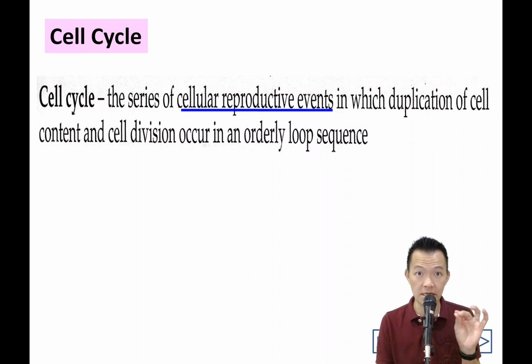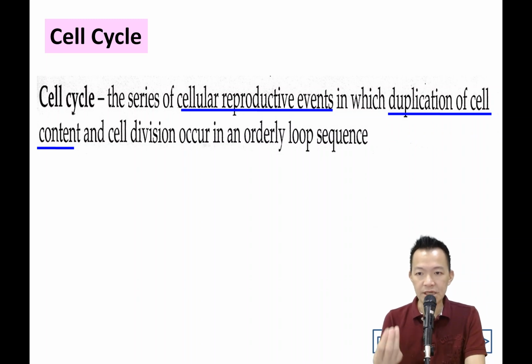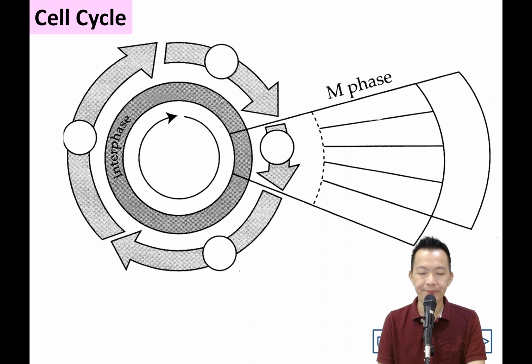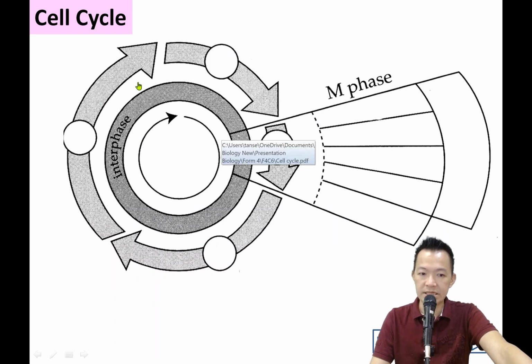它复制它身体里面的东西。And after finishing the duplication of the cell contents, the cell divides from one cell become two. And finally, they're having the cell division. 它就进行细胞分解。So cell cycle actually is a cellular reproductive event in which they're having the process called duplication of the cell contents and finally divide the cell from one become two. 这种就是细胞分解。